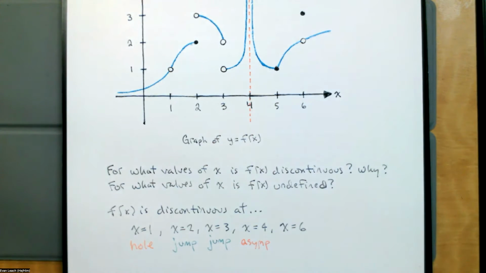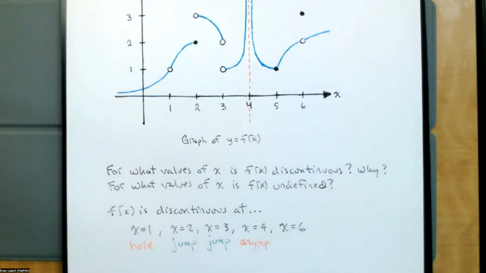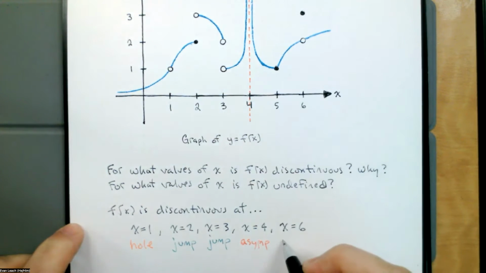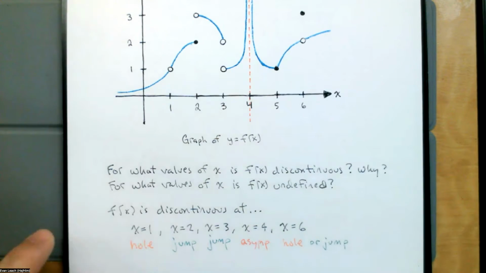5 was an okay point. It's just kind of a pointy corner. And what's going on at 6? Well, we could classify this as a hole, but the function is defined. So it jumps up to a value and then immediately jumps back down. So it's like a hole or a jump. These aren't technical terms, so it would be crazy if I said that's a hole in the graph, and you said it's a jump in the graph,